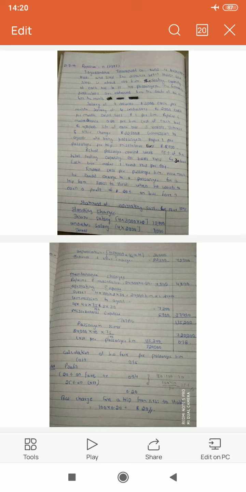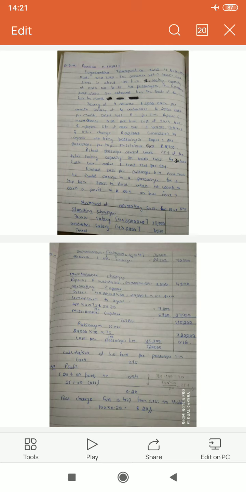4,50,000 divided by 5 years. The resultant figure would be depreciation chargeable per annum. Therefore, when it is divided by 12, it gives us the monthly amount of depreciation to be charged, each bus costing rupees 4,50,000. So for charging depreciation per month, 4,50,000 divided by 5 years multiplied by 1 by 12, in the sense 12 months, into 4 buses, which works out to rupees 30,000.